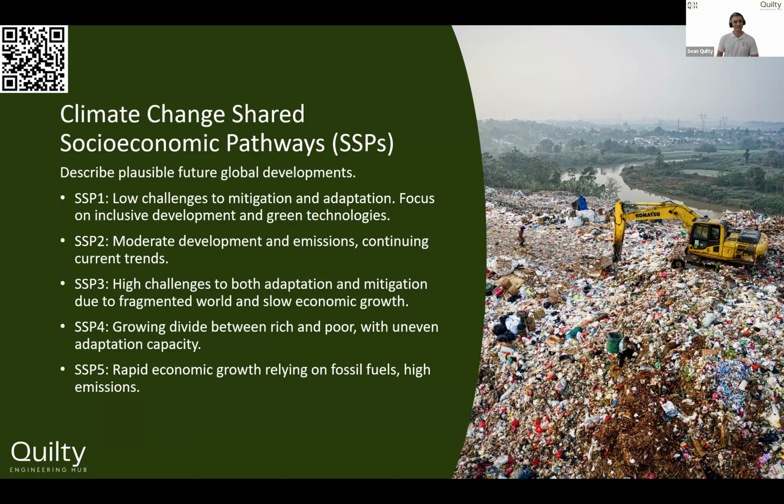As we go through each of those, all the way up to SSP5, this is working right up to a worst case where we have huge economic growth. Everyone's getting stuck into the fast fashion. We've got brand new outfits every weekend. We chuck them all out on landfill. Keep mining all the minerals, all fossil fuel focused. If we go down that path, it's going to be a very different future in the next 10, 50, and 100 years. And so that'll have a completely different prediction of how the climate will be. And so that will give us some different factors. So there's all these different pathways that we might take, and we're not really sure where we're going to go.